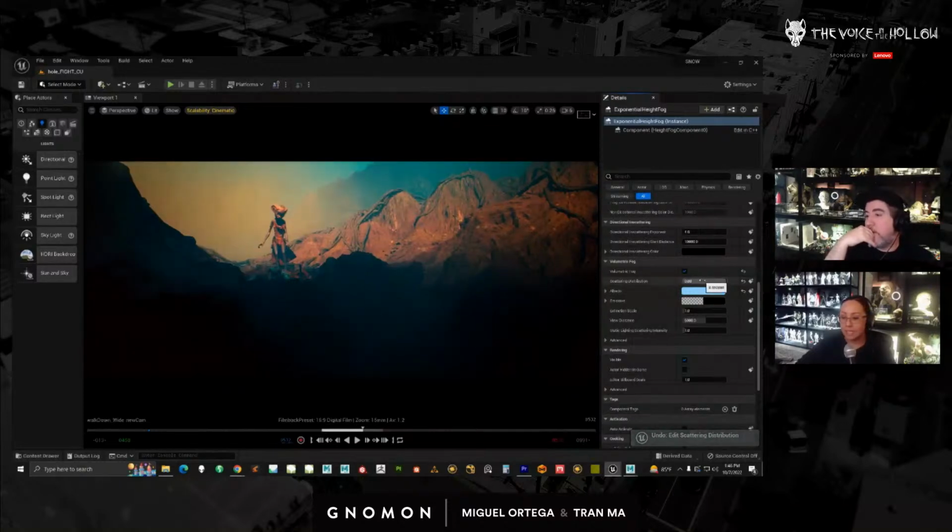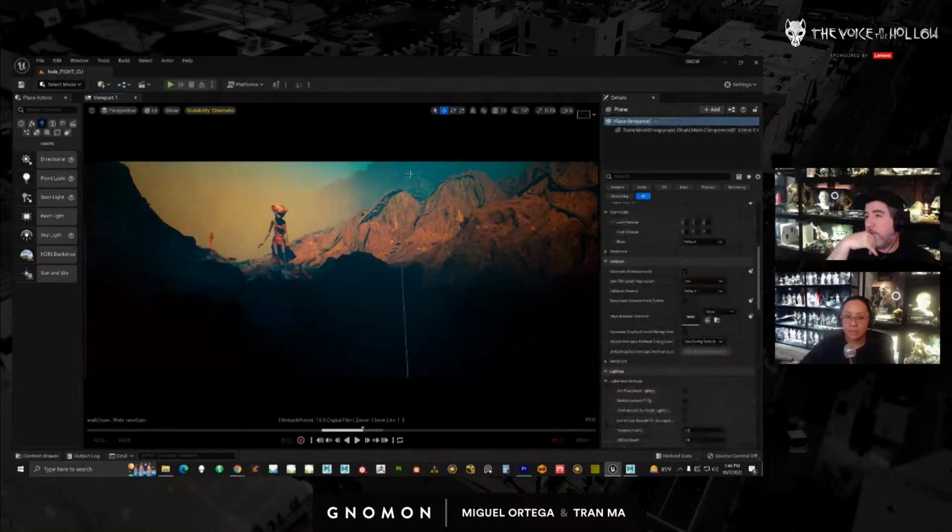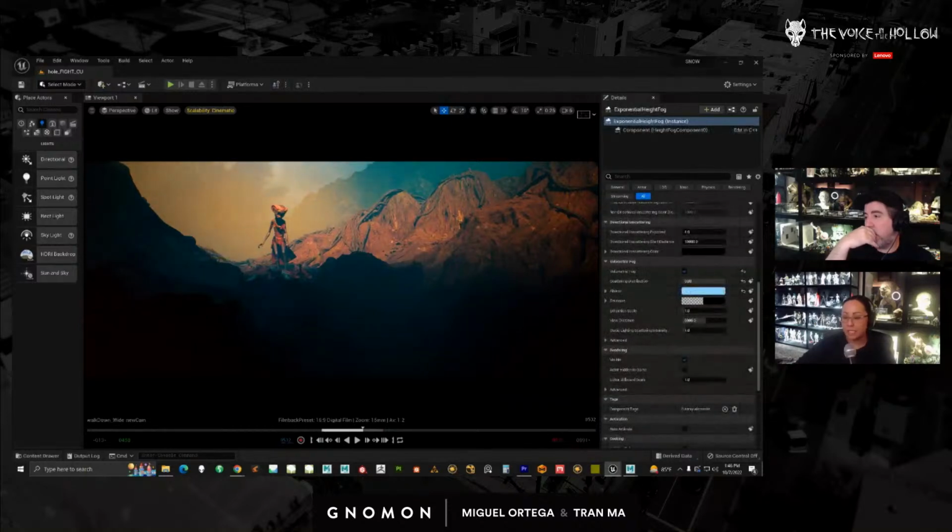Now, that's why my scattering distribution is really high. If I hide this plane here, because my scatter distribution is really high, it's not really spreading out evenly, right? It's going to focus more on just lights. It's not covering my sky. So I'm getting this funny cloud.